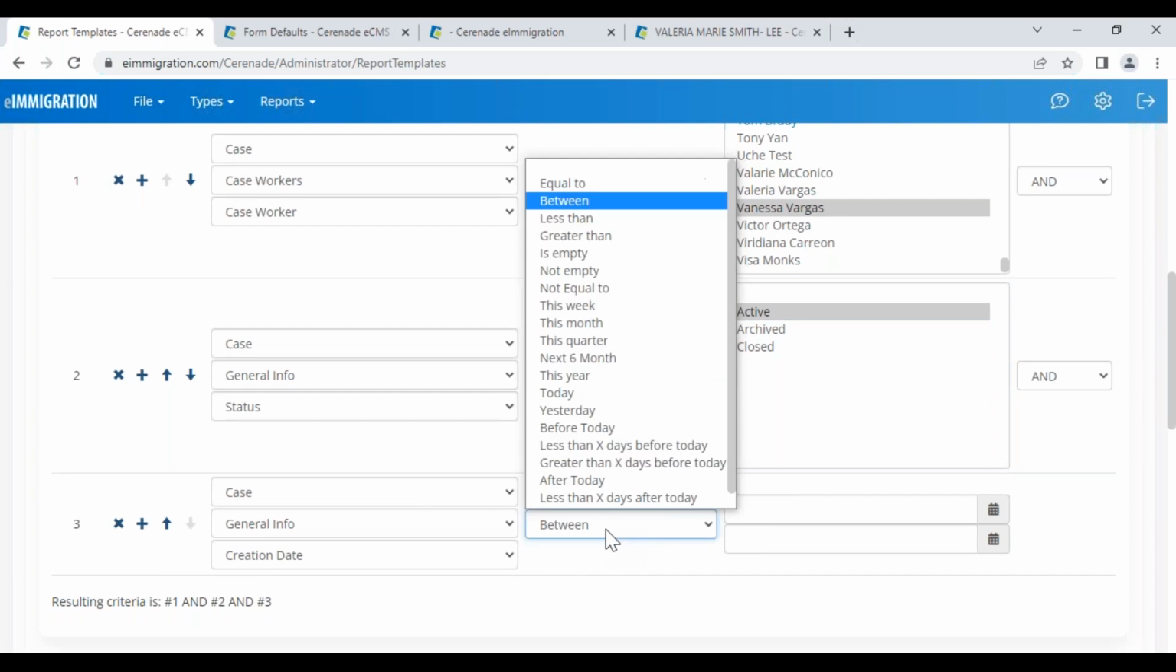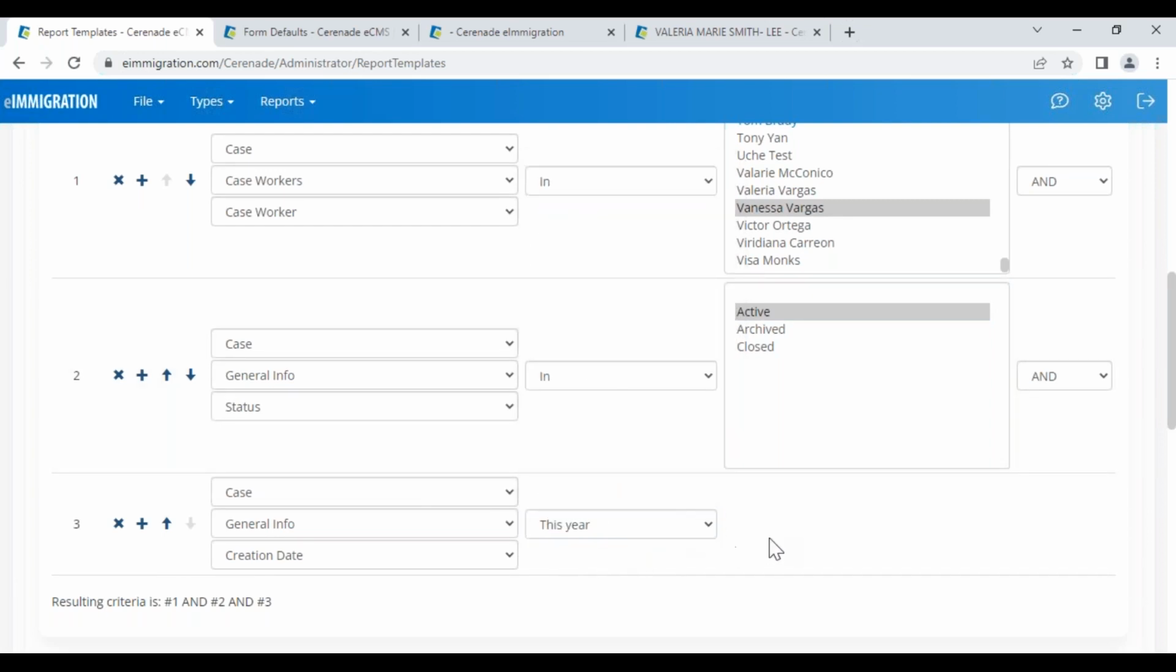Instead of between, I'll say this year. How many cases have I created this year? So again, if you notice, depending on the criteria that you choose, it's going to give you a whole different report. For example, if I say